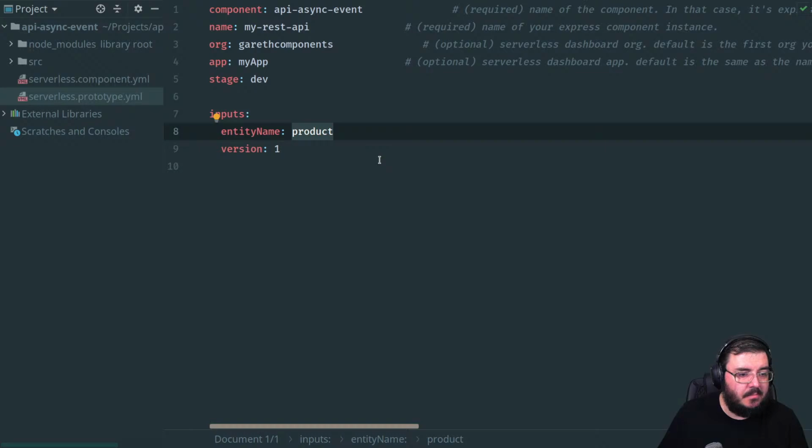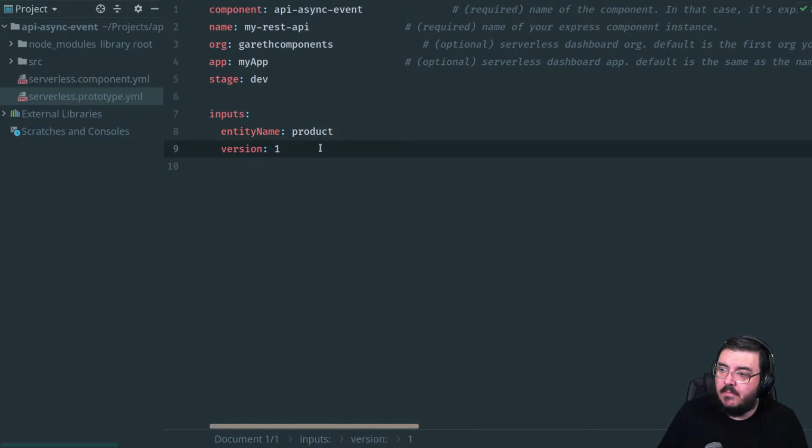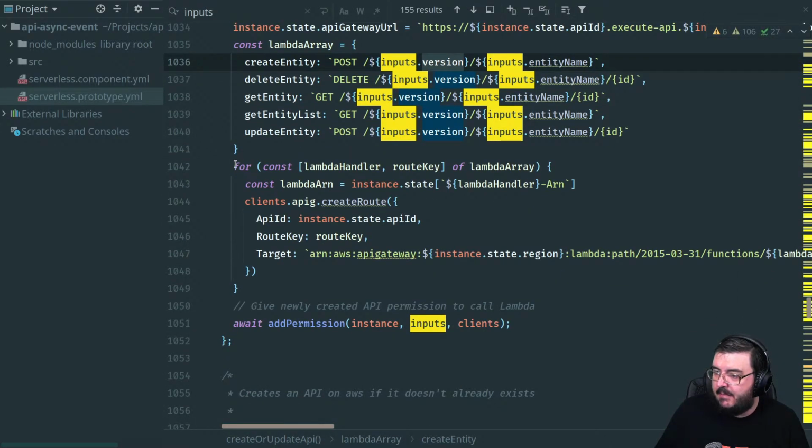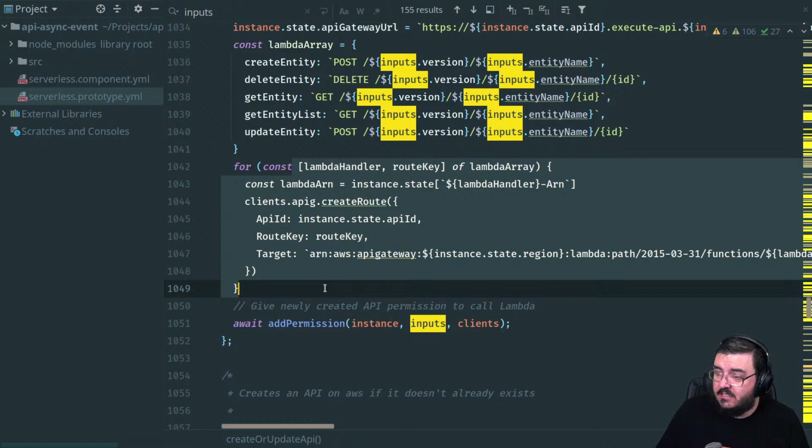Pretty simple. And this way you can have a fully working API with 5 endpoints, as well as emitting the events out into SNS. That's the goal. Nice. That's really what makes components so awesome, in my opinion. And so far, this looks like it's done. This looks like it's going to work.